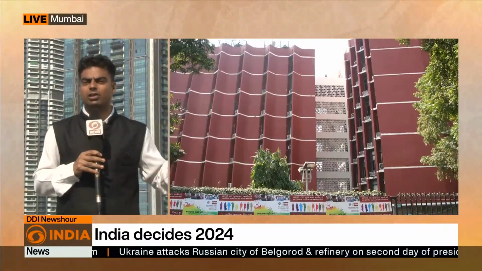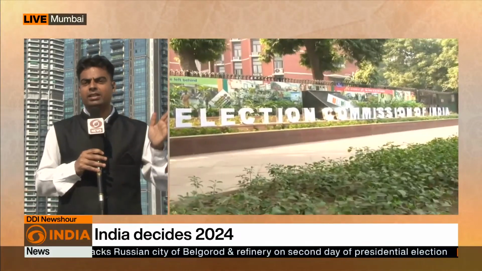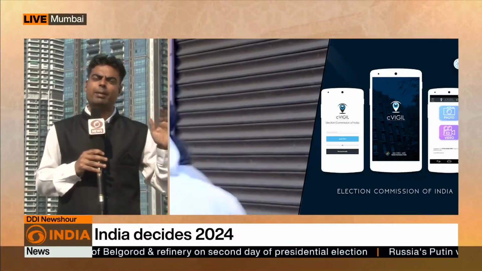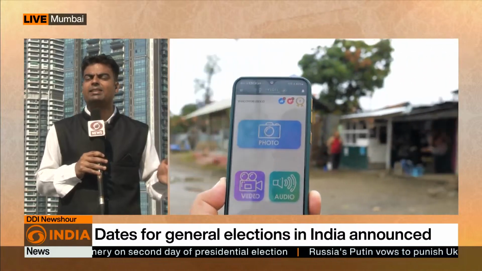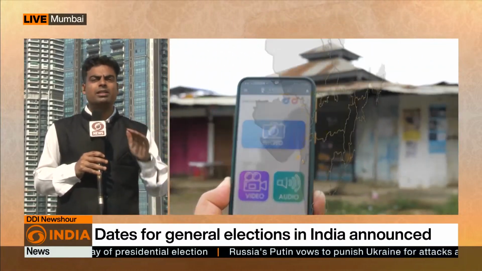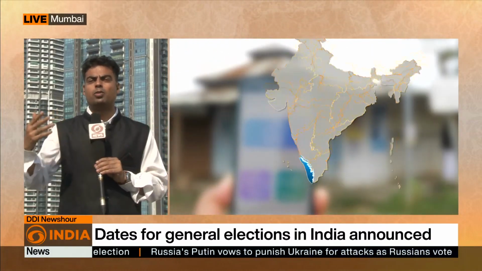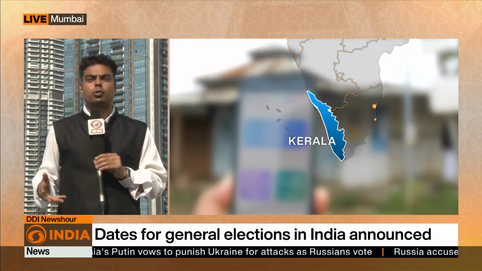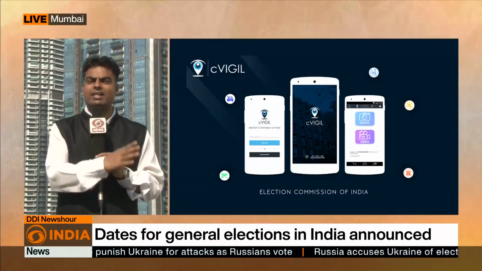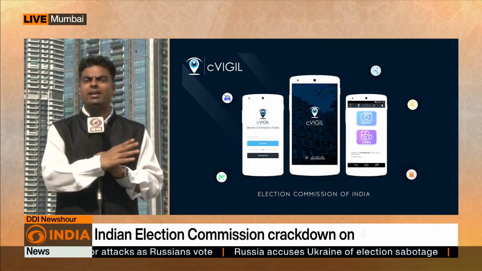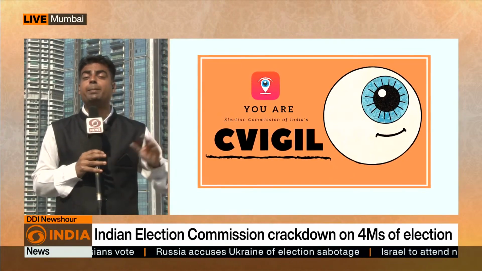So we can expect good turnout. Talking about the figures, the voter turnout recently was around 64%, and in Maharashtra the voter turnout has always been good. Around 65% voter turnout has been recorded in Maharashtra in the assembly elections as well as the parliamentary elections. So the Election Commission doesn't need to take on a Herculean task to convince the voters, but recently we saw Mr. Rajiv Kumar, the CEC, also carry out a campaign in Pune.